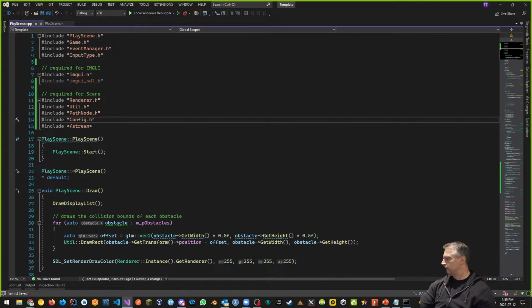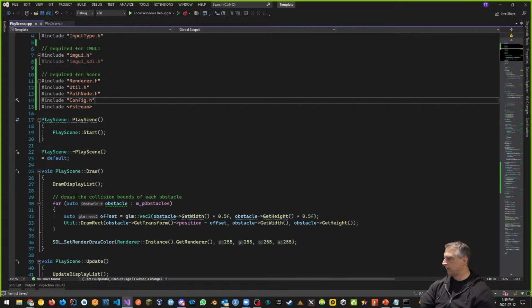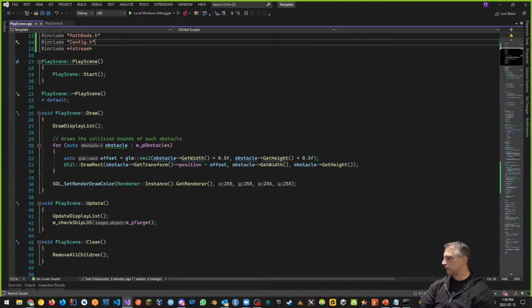All right, so there's our play scene, and we have our draw. And what we're doing with the draw right now is, notice what we have here, we're drawing the collision boundaries for